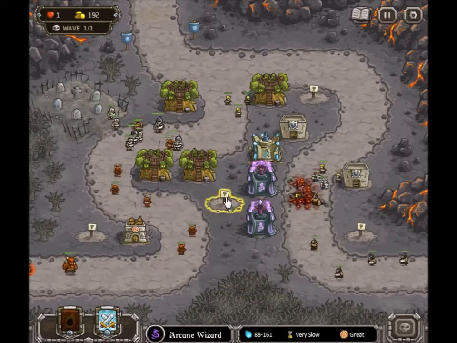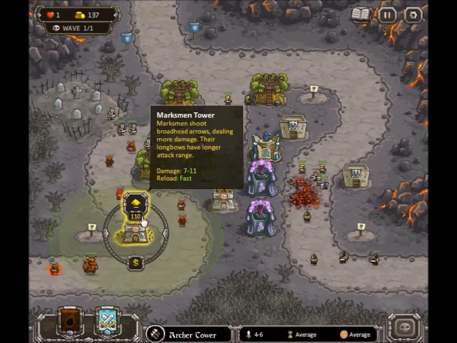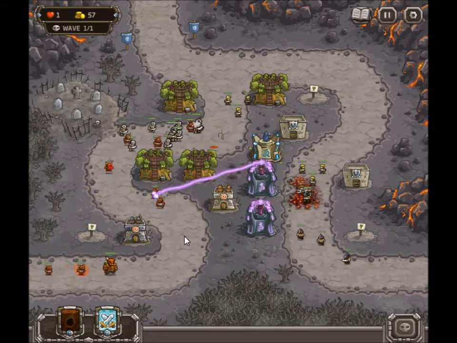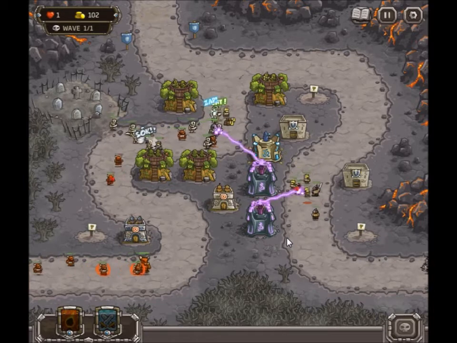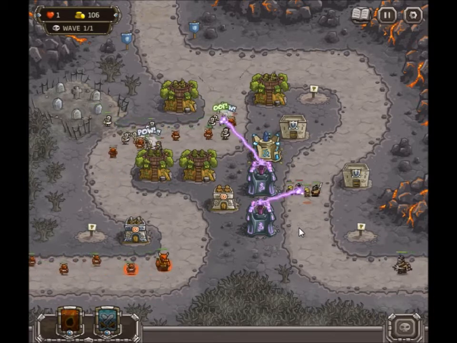So now I have 2 arcane wizards. I got so much money from killing those guys that I was able to afford quite a few things here. Bunch of ranger towers, bunch of arcane wizards. I think the next thing to do is probably start getting some Wrath of the Forests